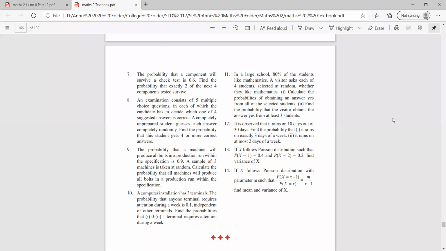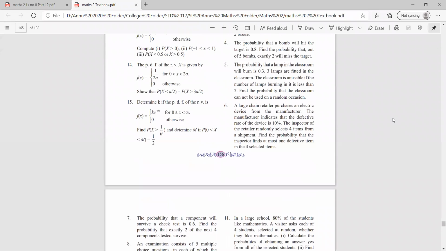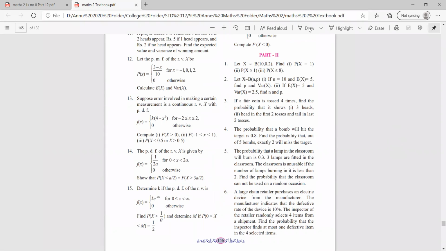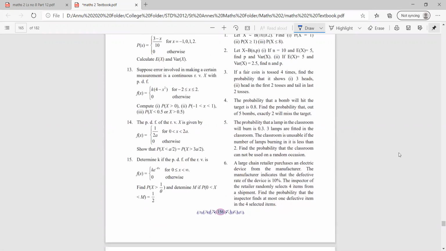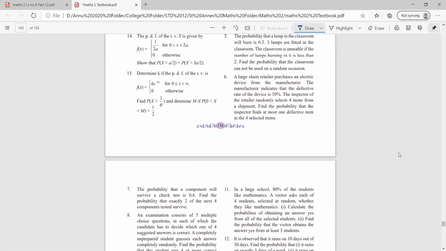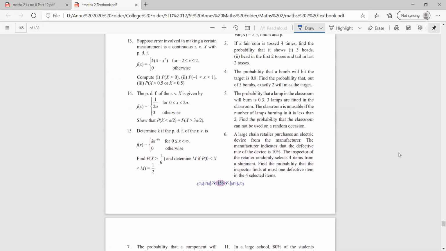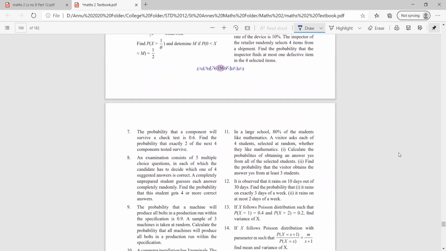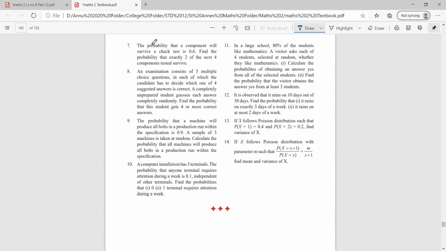So, as you all know, we are continuing with the miscellaneous exercise of Maths 2 syllabus, chapter 8, probability distribution. And we are on part 2. We have not yet started part 1 of the miscellaneous exercise. We are revising the topic binomial and Poisson distribution. Yesterday we finished word problems 3, 4, 5, 6 and 7. Today we are targeting the next 3 word problems, that is word problem number 8, 9 and 10. So please pay attention, class, as we are solving all the 3.